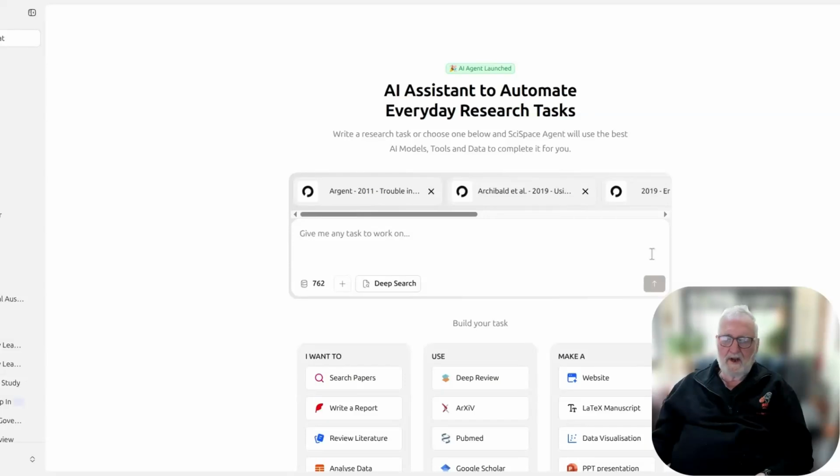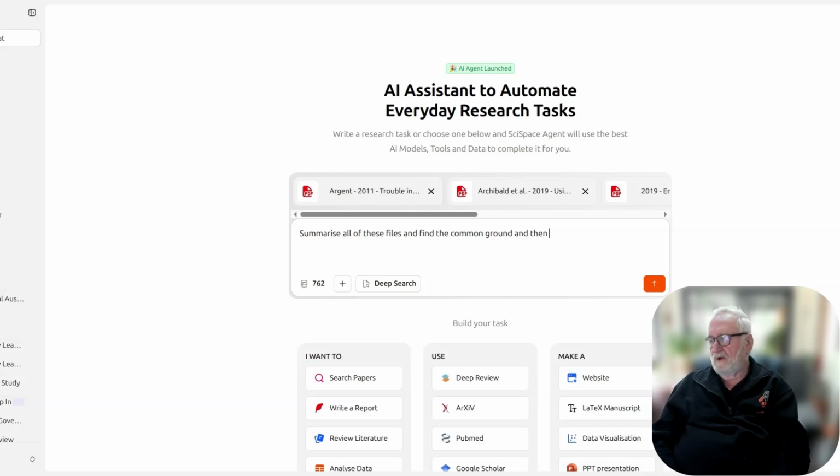Apparently you can only bring in up to 10, which is, as I say, better than Notebook LM because you can only bring in one and it won't read zip files at this stage. Hopefully that might be the case in the future, and perhaps it might be the case here with SciSpace too, because sometimes it's very useful to be able to bring in an entire directory of PDFs that you want to interpret. So she's a bit slow at the moment here, but what we'll do is type here, summarise all of these files and find the common ground,